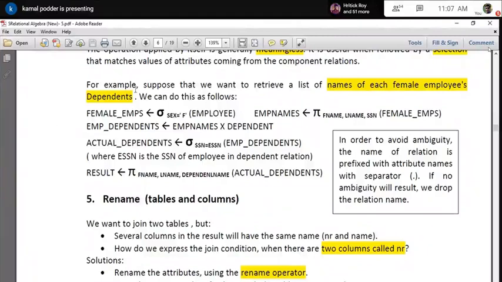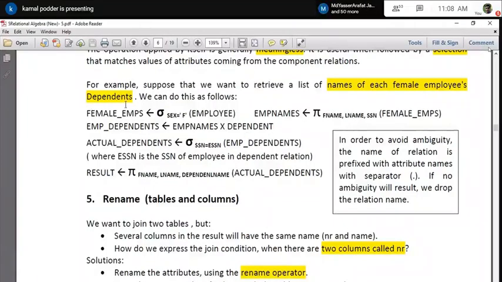Mind it, you can also write the expression in this way. One by one you write, creating a temporary relation, and use the temporary relation in the next step. In this way you can also write, no problem. Sometimes it is advisable when your expression is very complex. At that time you should use this technique so that you can understand everything and write it properly.